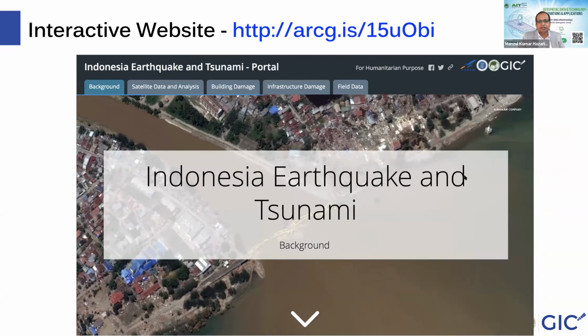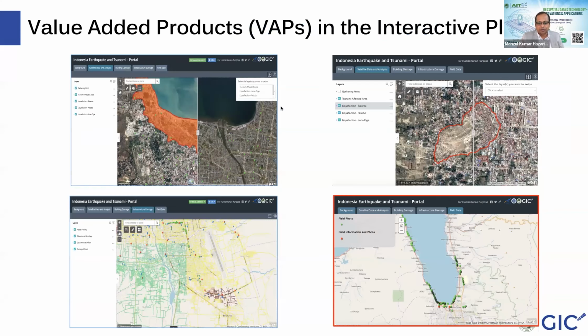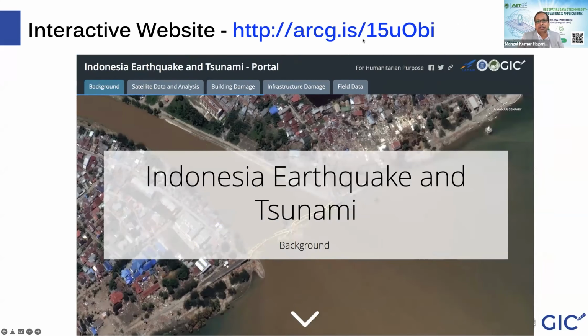We built this platform after that, and whatever I'm showing here, you can access using this web link, and you can see much more information on this area.